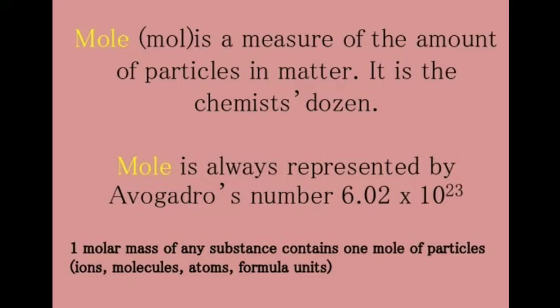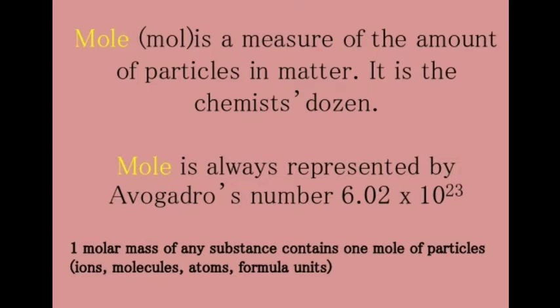1 dozen. So, what do you mean by 1 dozen? 1 dozen of apple, 1 dozen of banana, whatever it is, it will count only 12. Okay, counting of 1 dozen will be 12. In the mole concept, we can say that the atomic mass of an element contains the same number of atoms, or it can be said that a gram molecular mass of a compound also contains the same number of molecules.